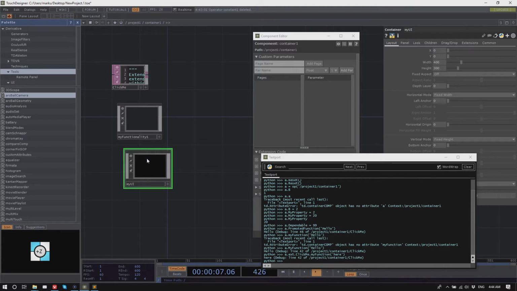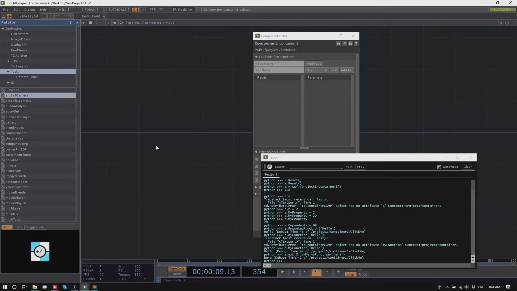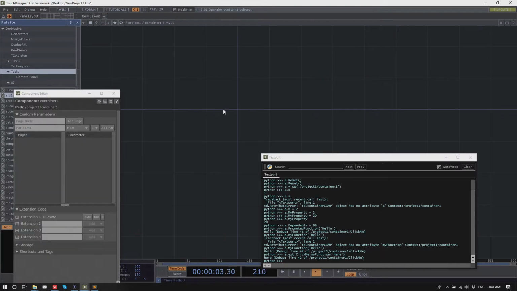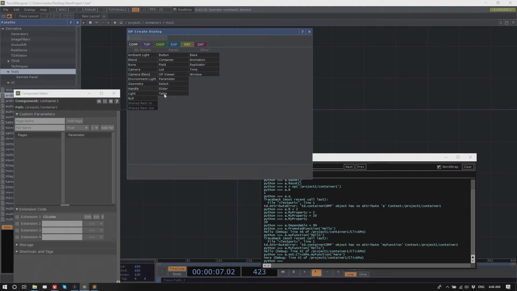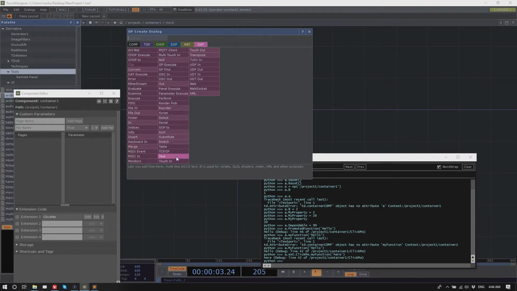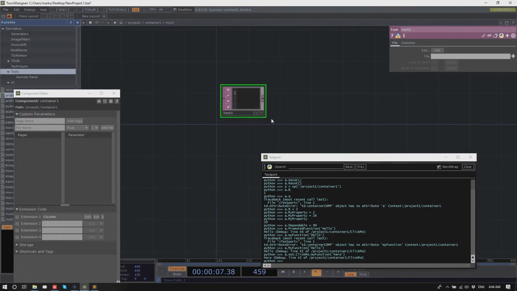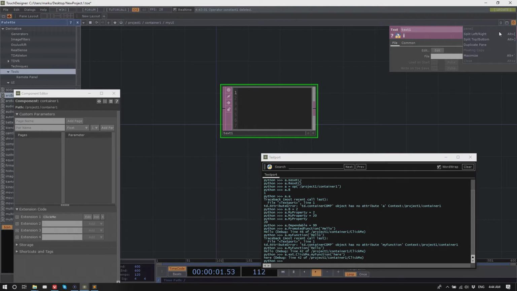If I now need to access these functions from ClickMe, from below, I can still do that. Let's say I want to run a script here, so I'm just going to place a text DAT, and in this text DAT, now I already forgot what I called this.